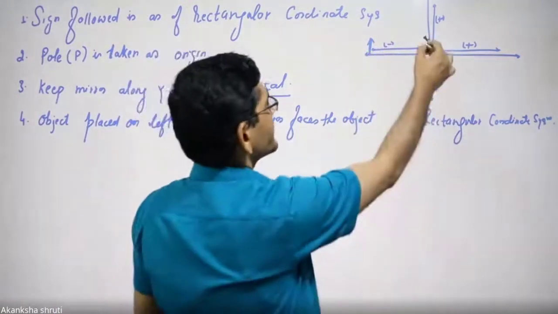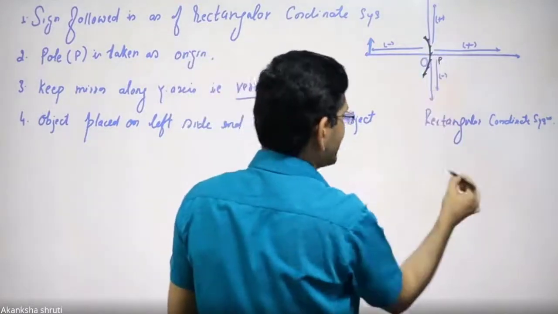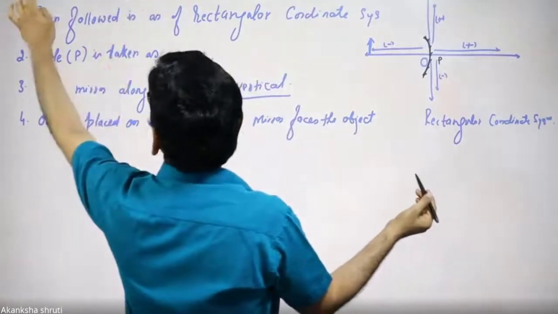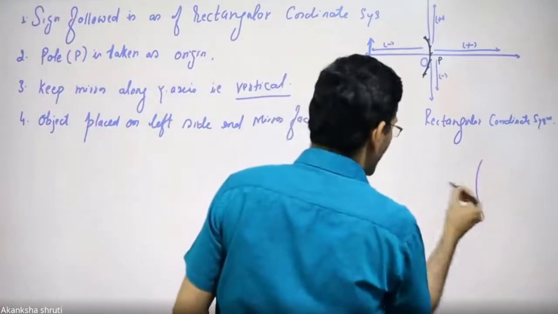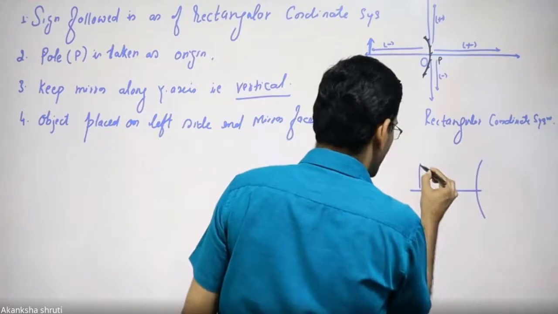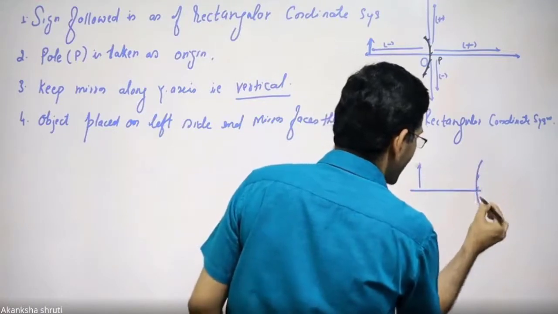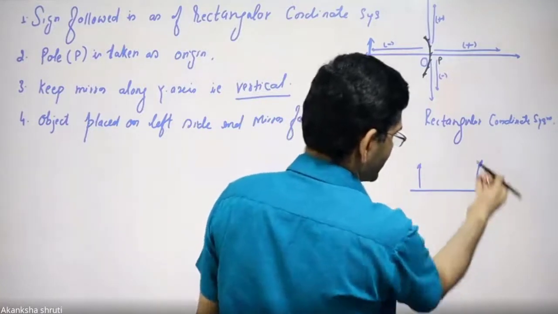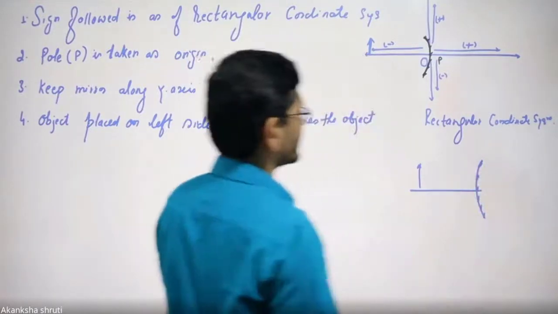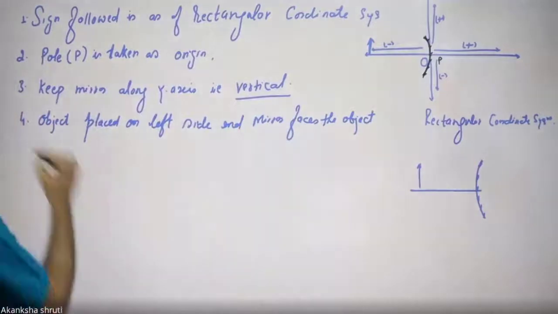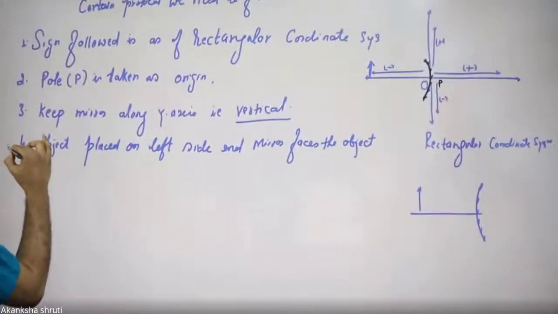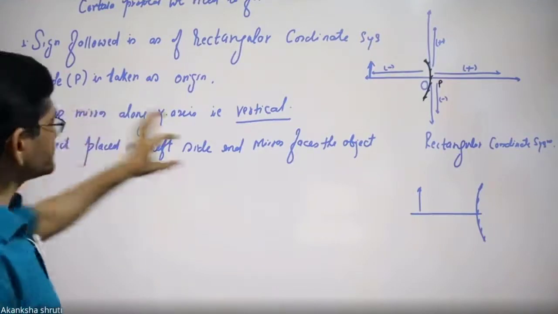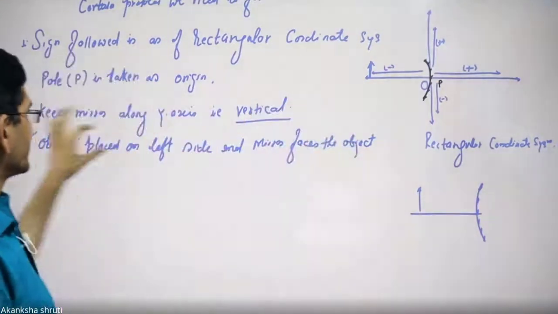Okay, so here we have considered this as the concave mirror. Even if I consider the convex mirror, the object should be considered on this side and the face should be leftward. Means the right hand side is the back side of the mirror. So this is the convention. It is very important. Means what? While drawing the ray diagram or solving the numerical, always follow this, the general way.